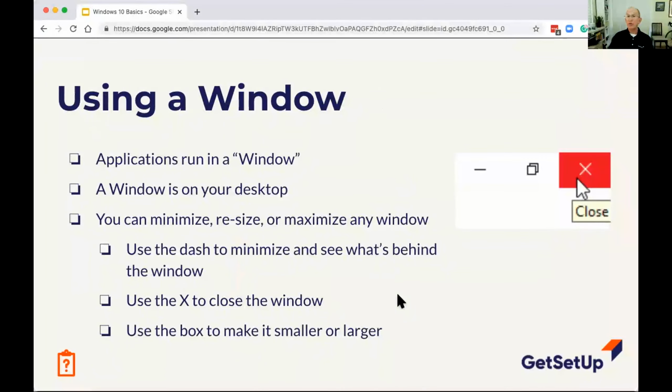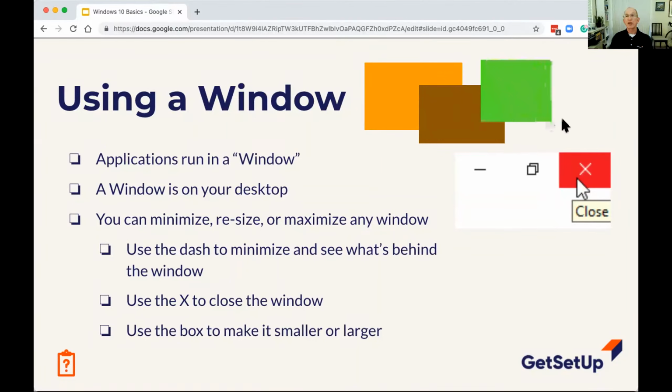Okay. Windows got the name Windows because it actually runs windows. So what happens when you start an application, it opens up in a window. If you start another application, it starts in another window. If you start another application, it starts in another window. And that's where Microsoft got the name Windows from, because whenever you start an application, you start a window on your computer, on your desktop.